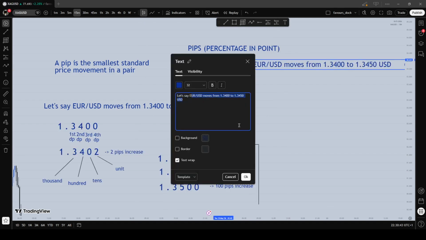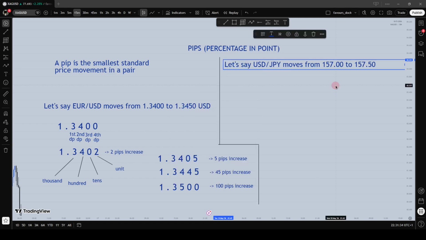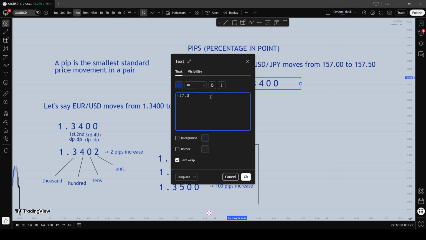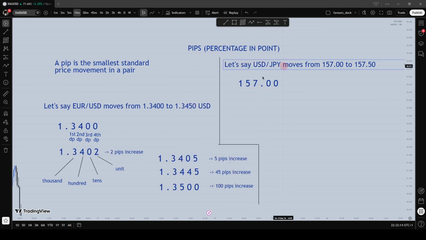Let's say USD/JPY moves from 157.00 to 157.50. How many pips increase is it? 50. You're correct. If price is at 157.00, the way we start counting pips for USD/JPY now is